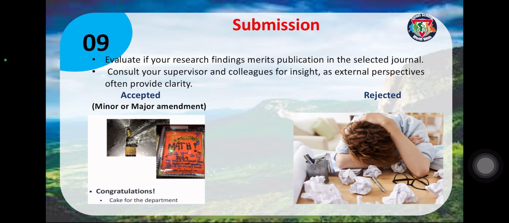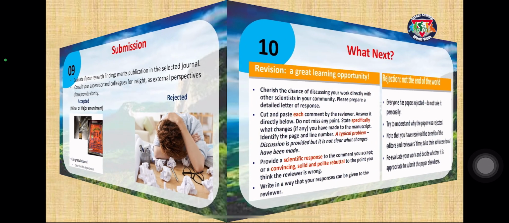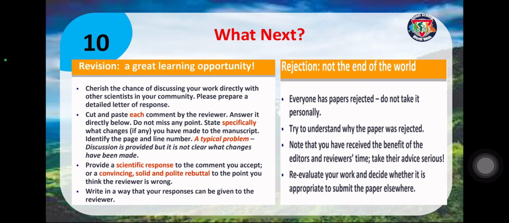Depending on the journal, it takes about 3 months to 1 year to get the feedback from a journal. So sometimes this feedback comes positive, where your article is accepted with a minor comment or major comment. And on the other hand, your article may be rejected instantly. What do you do? If your article is accepted with comments, then you have to address those comments